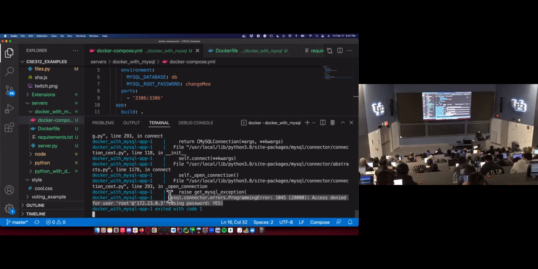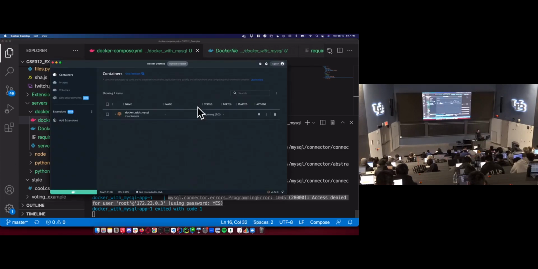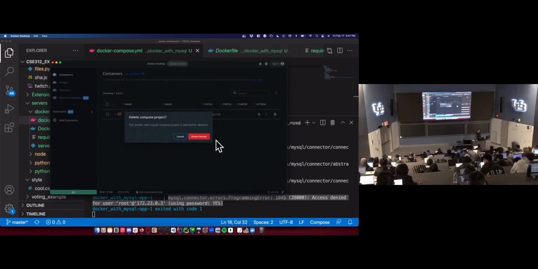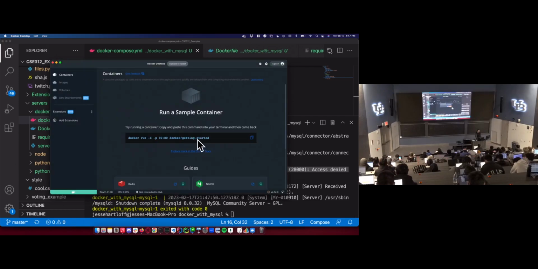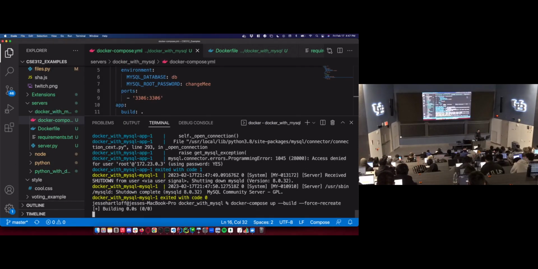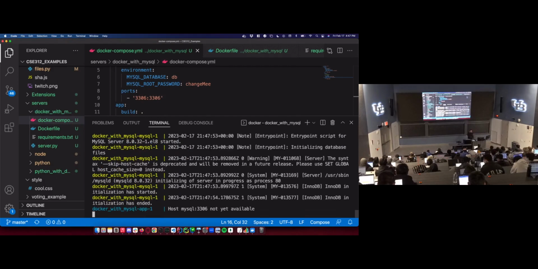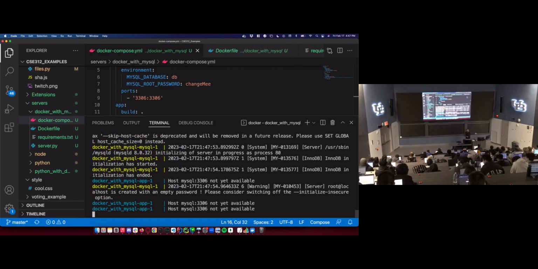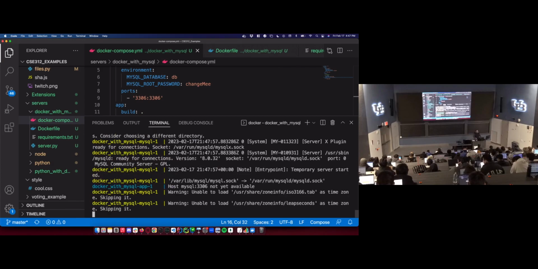But I'm getting an error now that my password's incorrect. The password does not get reset when the container is rebuilt. This drove me nuts for several hours. There are other ways to do it, but if you go into Docker Desktop, actually delete the containers and then rerun it, that's the way to actually change your password. And now I can connect to it, and now it works. So be aware of that if you're using